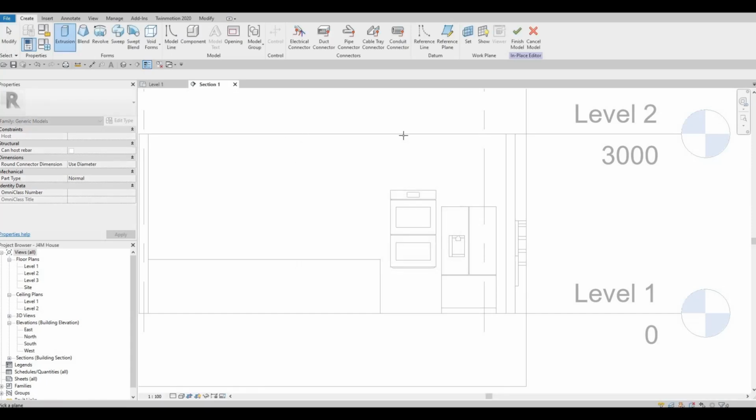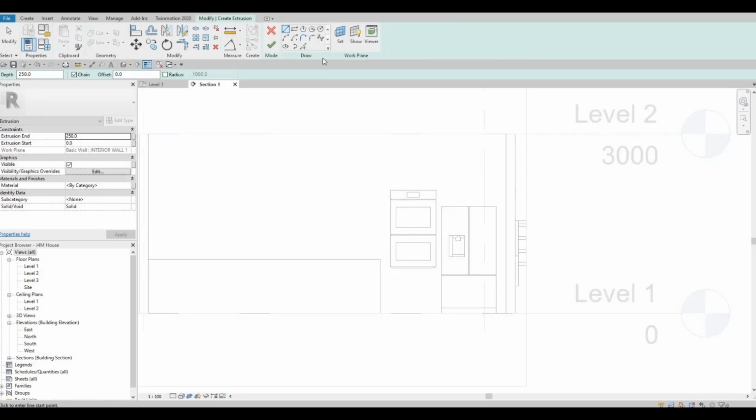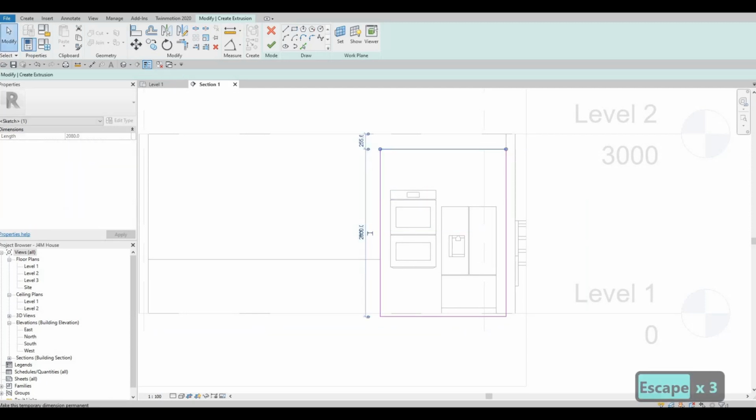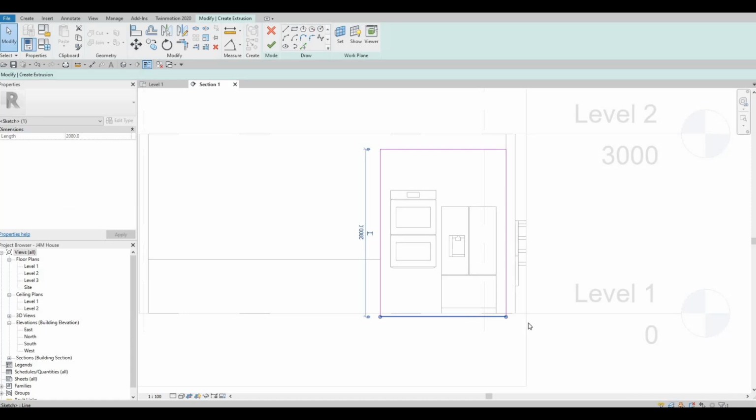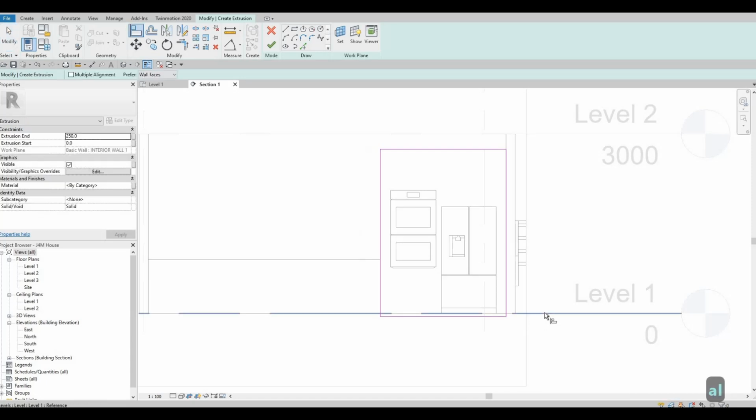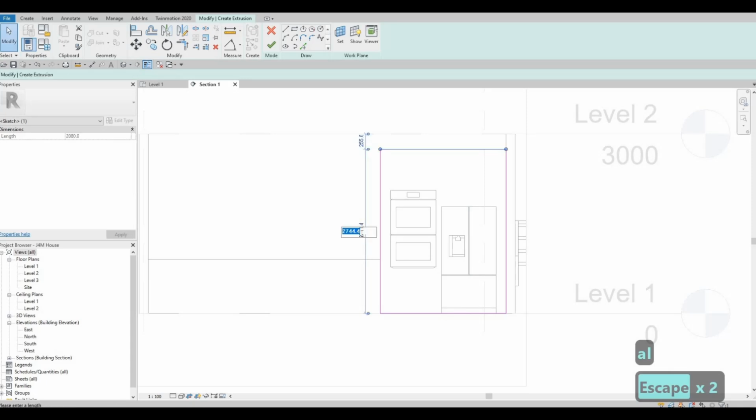I'm going to pick the plane, which is this wall, and let's use rectangle in order to add this. I'm gonna make sure that this is 2800, which is exactly what we want, but at the same time I want to align it from the level 1. So now we need to push this back 2800,